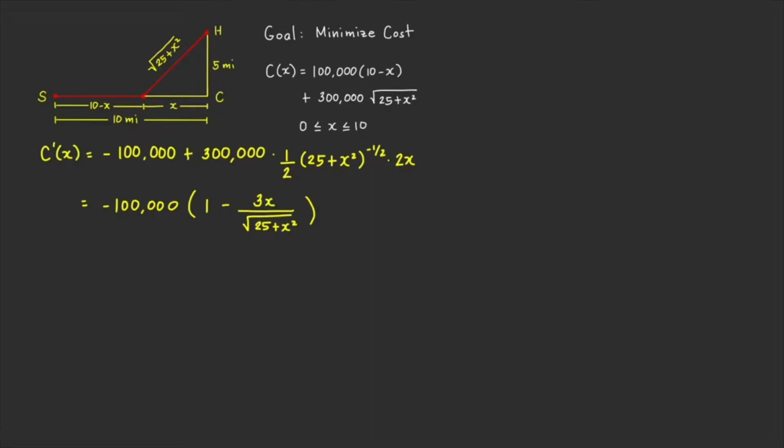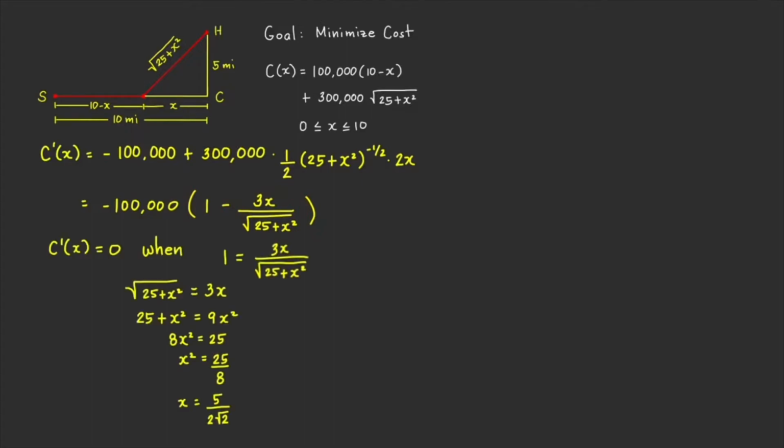So the only critical number of this function c here is what? The values of x that will make this equal to 0. And this is equal to 0 if this is equal to 1. So therefore, we have here 1 equal to that expression, and then we cross multiply, we'll get this expression, and